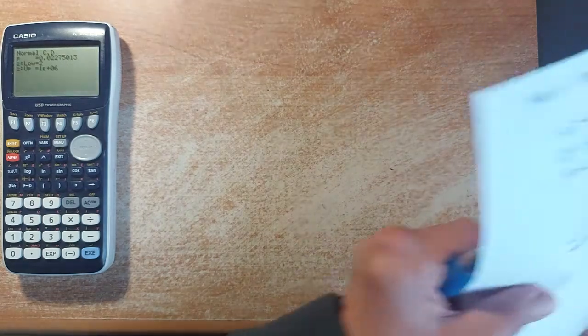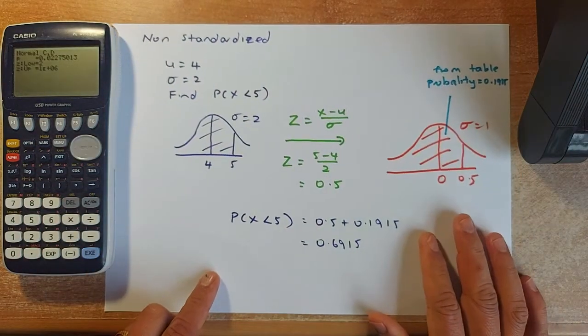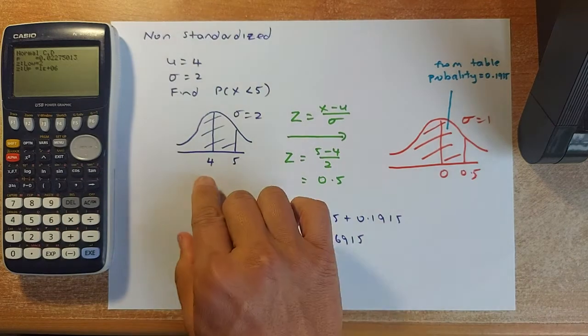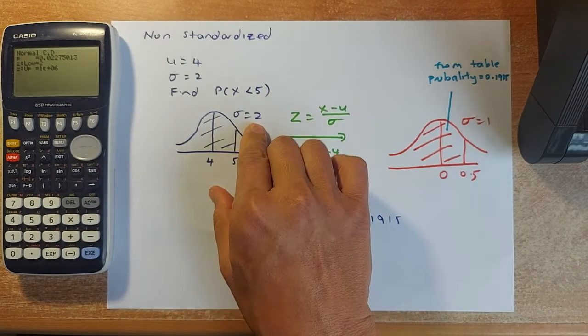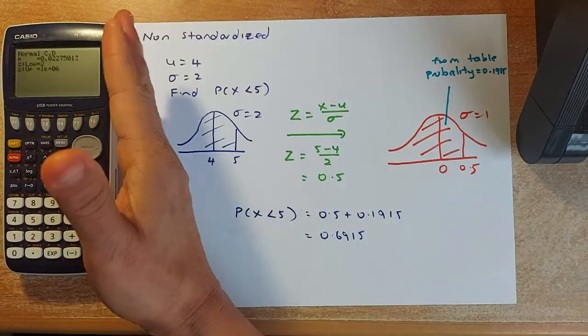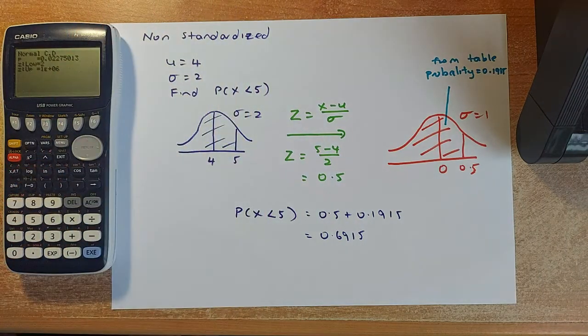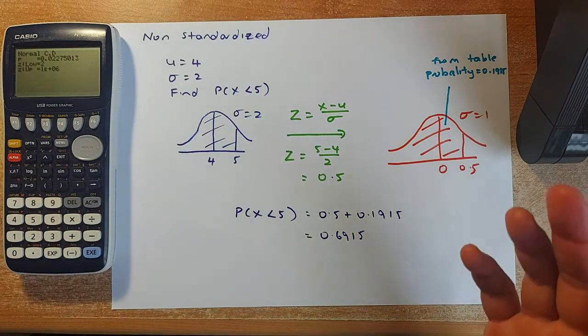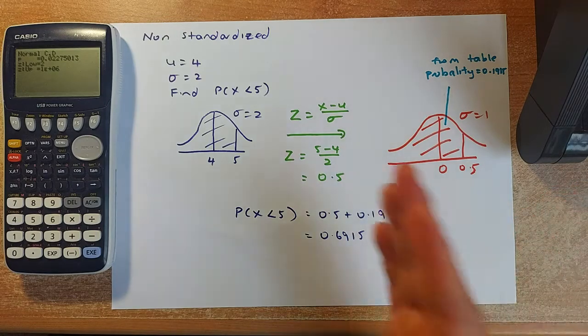Okay, so we shall work it out now. Non-standardized looks slightly different. So the mean is 4, sigma is 2, you want to find X less than 5, so you need to find the area on that side. You must always draw the diagram when you do normal distribution. Remember, you need to convert them